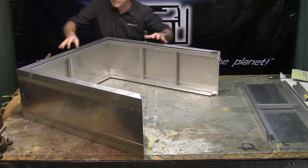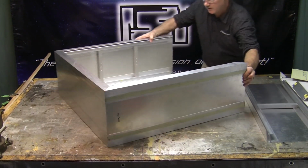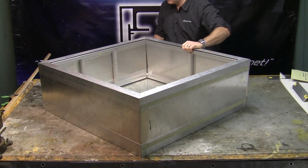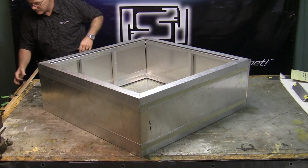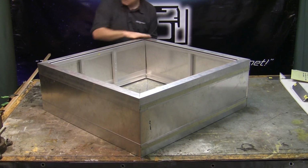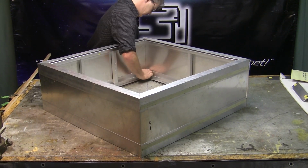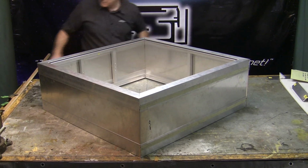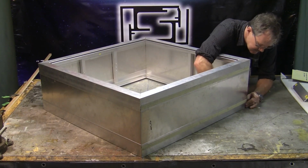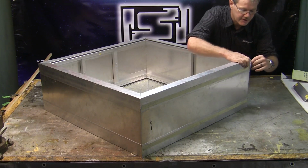Move this around. We'll place this one up here. Take it into place. Okay. Once we have the perimeter tack welded together,